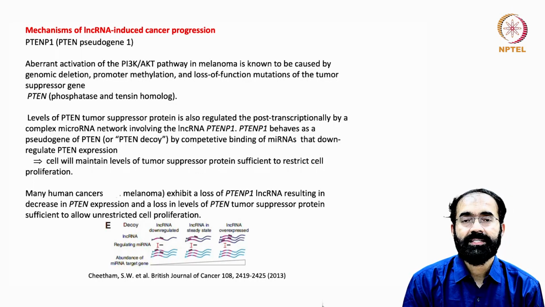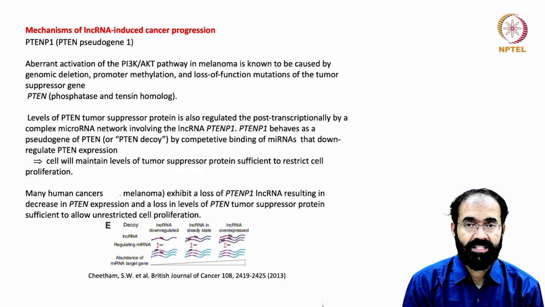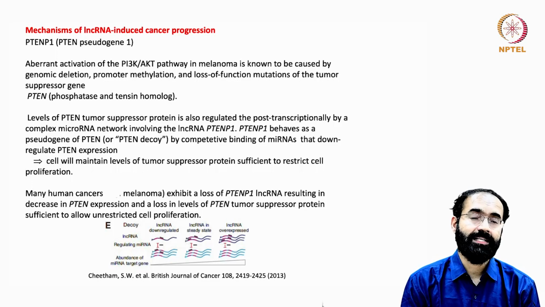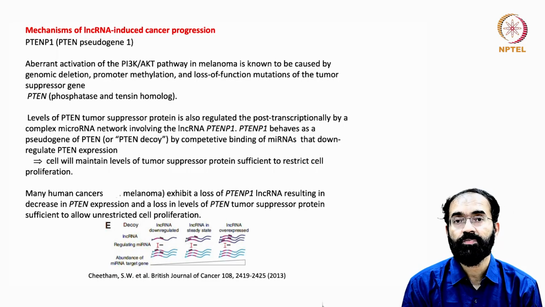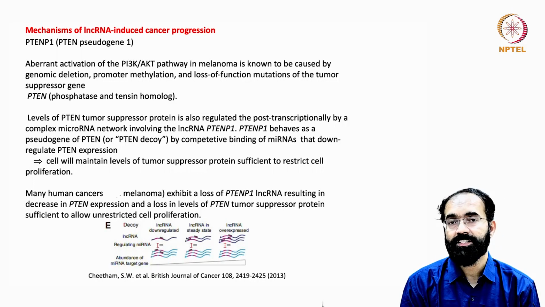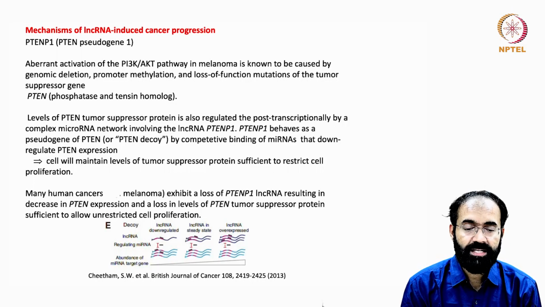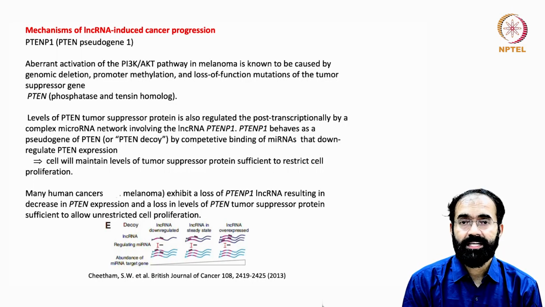So a pseudogene basically works in multiple ways. When you call something a pseudogene, the name itself says something. If you say iPhone mimic, it itself indicates there is something called an iPhone. You cannot say this is an XYZ phone mimic, because there is no phone with a brand XYZ, right? So when you say iPhone mimic, we should understand there is something called an iPhone, which has a defined function. So when you say PTEN pseudogene, that means